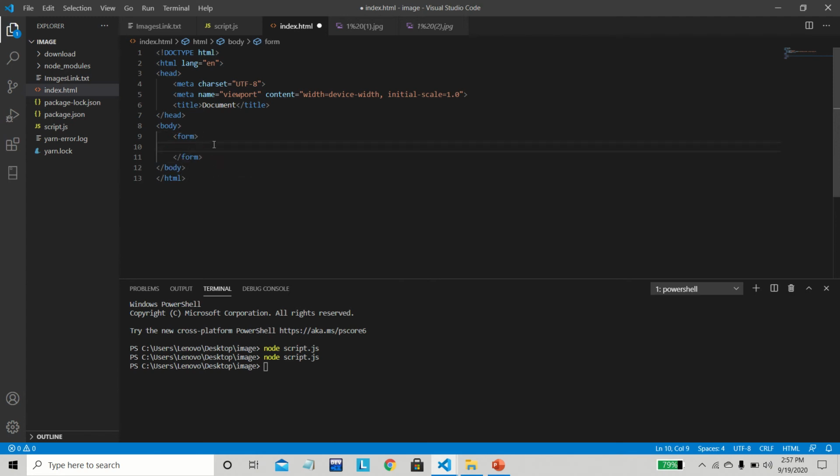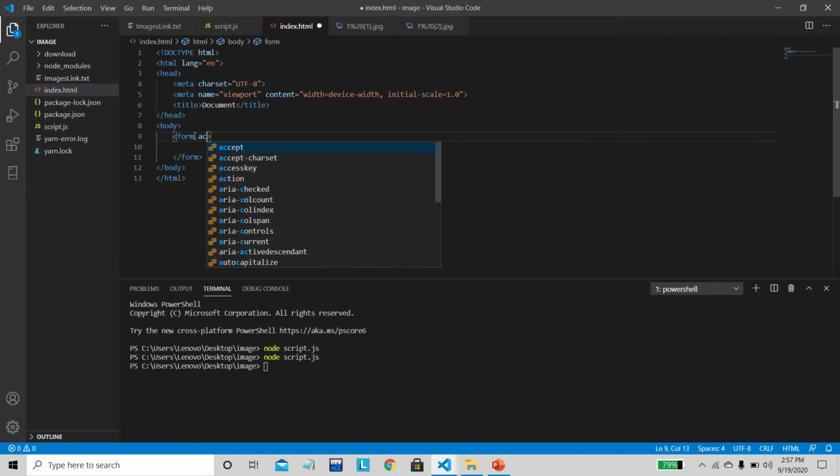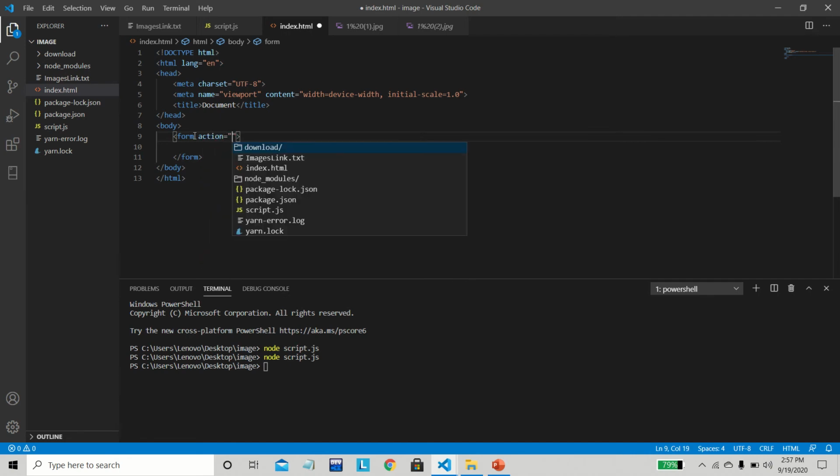So we are going to create a form from where they can pass the URL, and for that I am setting the action attribute to the root directory, and we are using the method equal to post. You can use any method you want, like post or get, but I am using the post method. The directory I have set as the root directory.